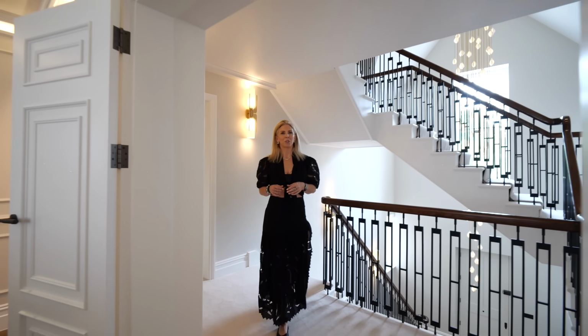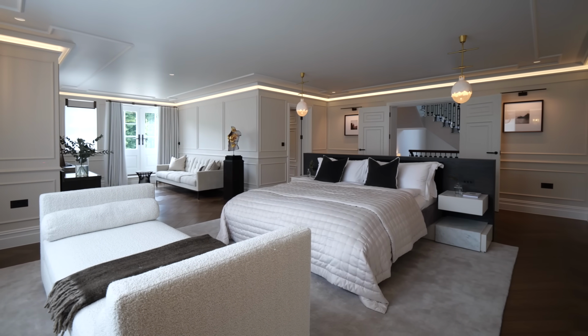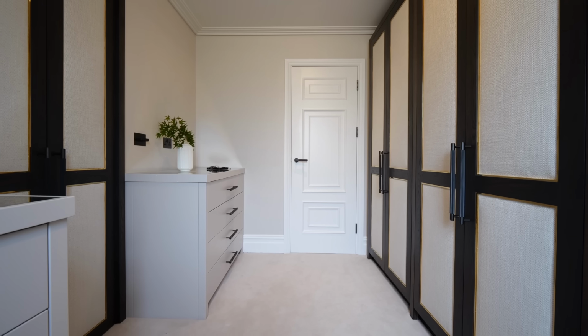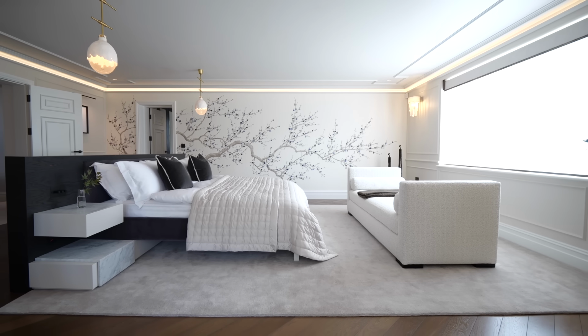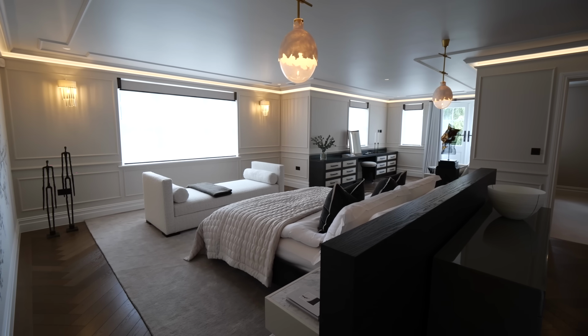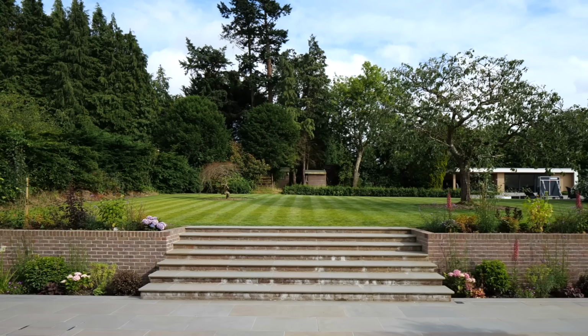So here we are on the first floor. Let me take you straight through to the master suite. This layout was decided with the client to zone out the ensuite, his and her dressing rooms, and there was a great debate about where the bed should be positioned. Should it be on this wall, or should it be looking out to the garden? The client chose the latter option, and they can wake up in the morning and see out the beautiful lawn